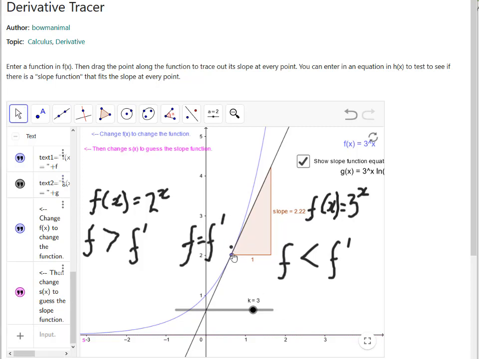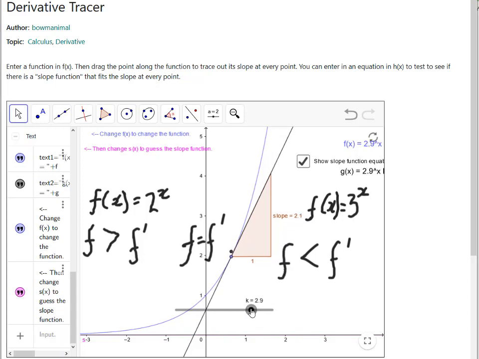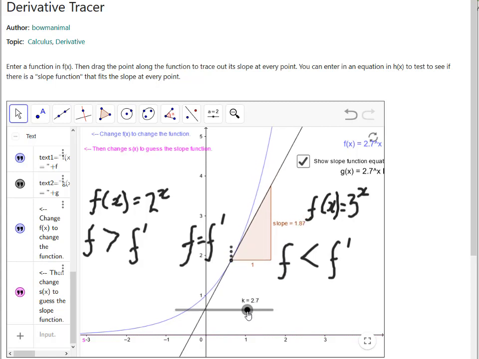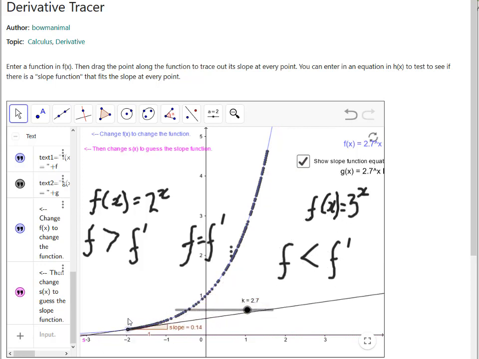So let's just see if we can find that. So 3 is this one, 2 is this one. So somewhere in between these two, I think that's about as close as I'm going to get. If I take 2.7, so I'm doing 2.7 to the power x, and then look at the value of the derivative here, you find it's actually exactly the same. Now the correct value is not actually 2.7, it's actually